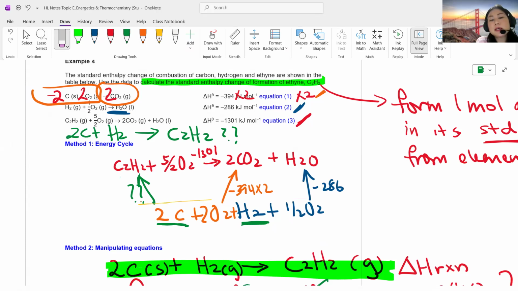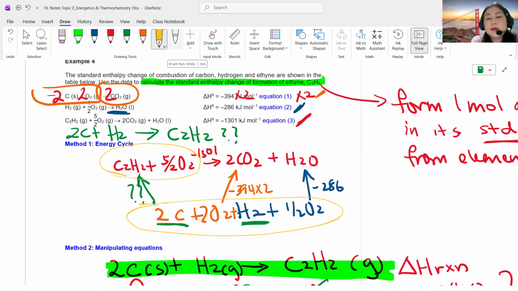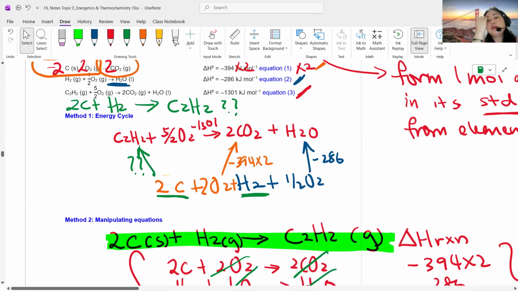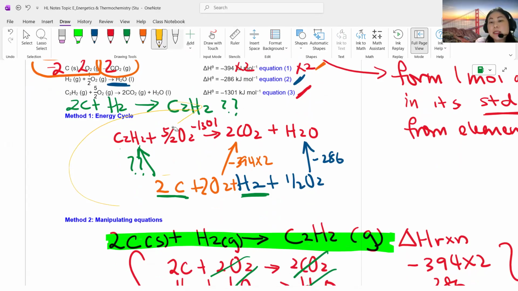Okay, so let's balance the other side. This whole chunk is before the green arrow, and this is after the green arrow. So before I have 2 carbon, 2 hydrogen, 5 oxygen, balanced. So everything is balanced already. Okay, so how do we draw it? If you like clockwise, anti-clockwise, you will see that these two arrows are going clockwise, whereas these two are